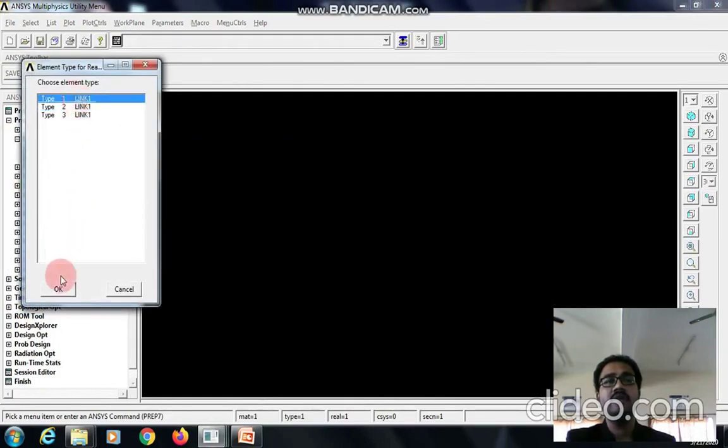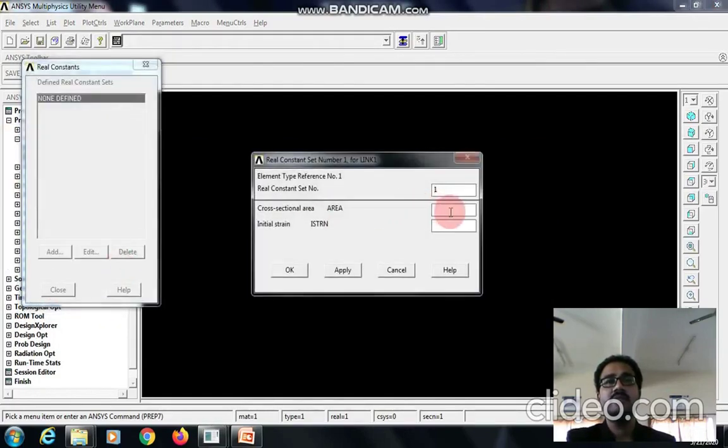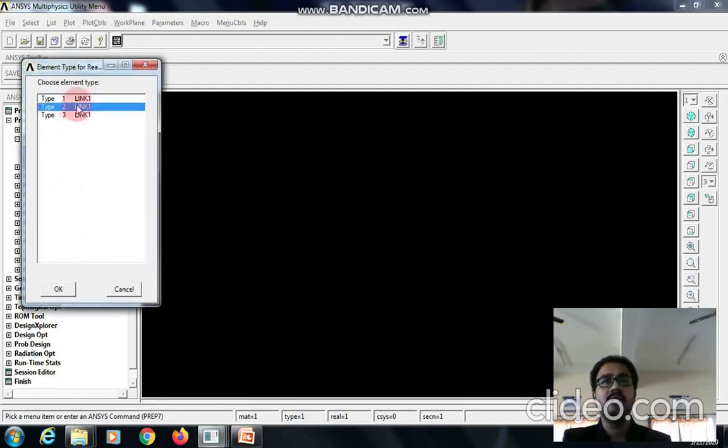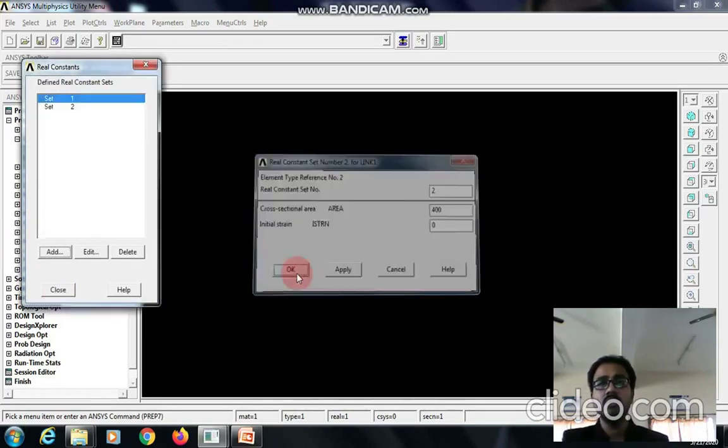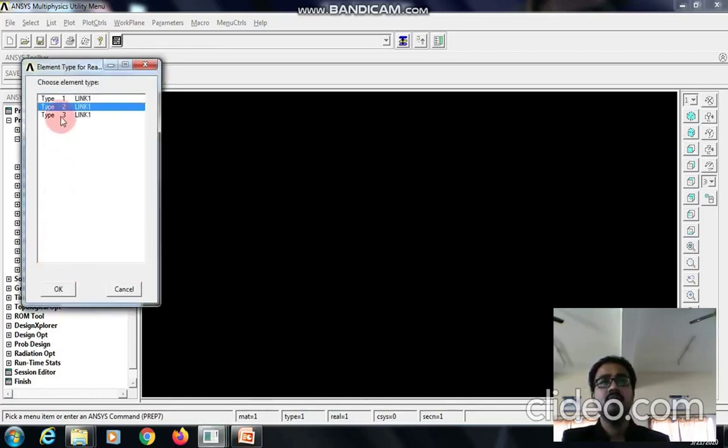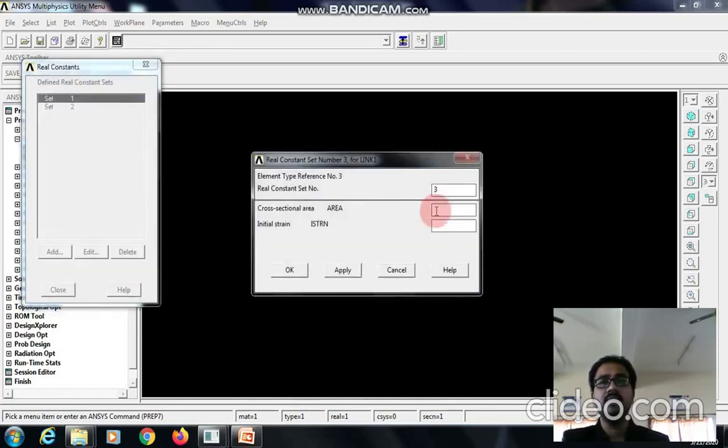First, let me define the first set, area 900, initial strain 0. Next, for set 2, the area is 400. Since it is a static load, the initial strain is also 0. Next, for set 3, the area is 200 and the initial strain is also 0.